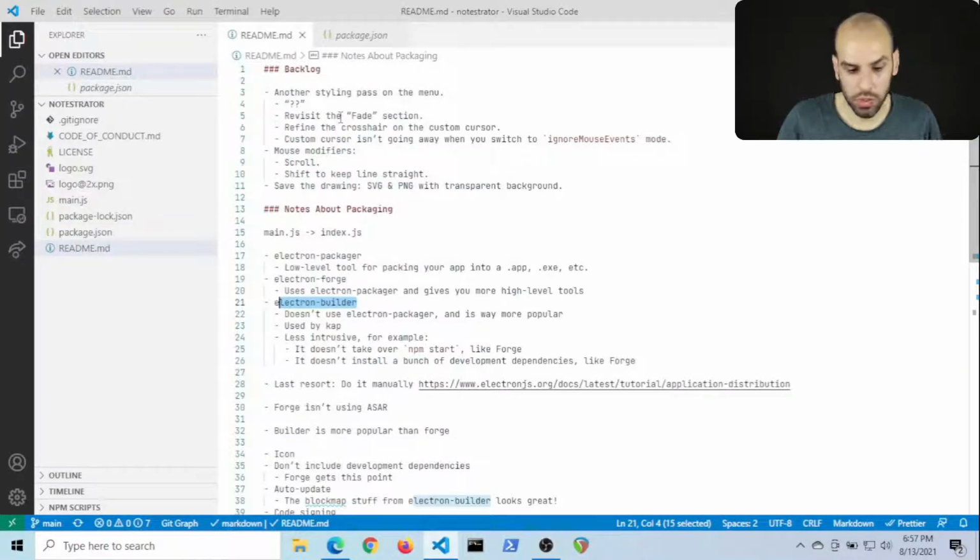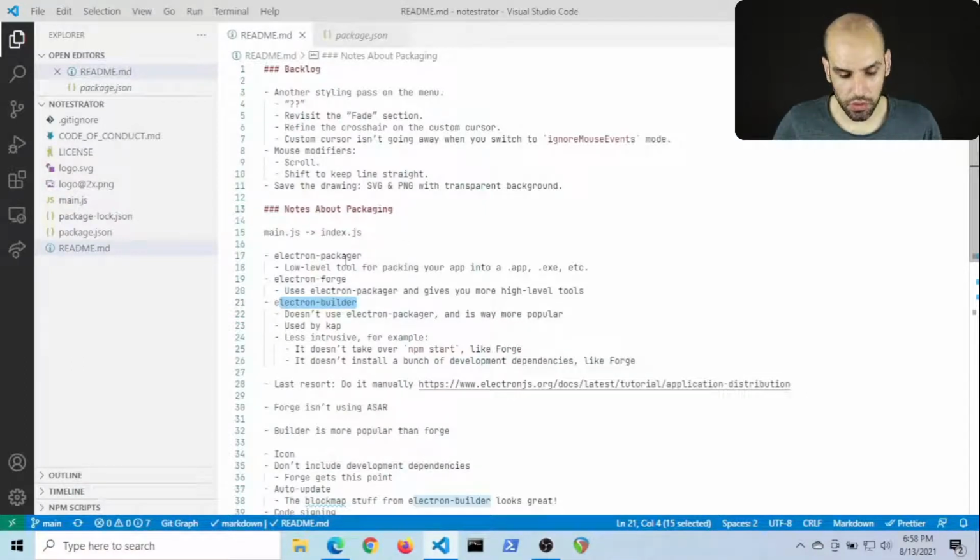Because there is one extra issue that we don't currently have in our app, but we may have in the near future, which is native modules. These are dependencies written in C and C++. And Electron comes with its own Node. It bundles its own version of Node.js. So when you're using native dependencies written in C and C++ in Electron, you have to recompile them for Electron. In many cases, the dependency already is compiled. You can just get a pre-built binary, and that's okay. But in many cases, you have to compile it yourself. So there is this problem.